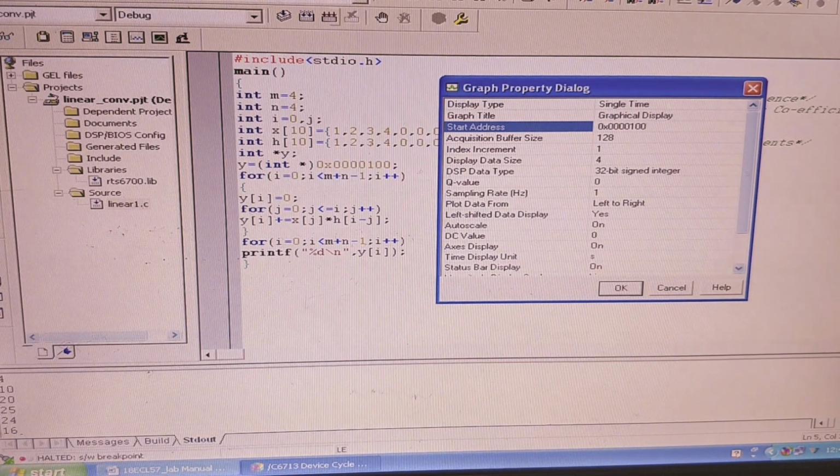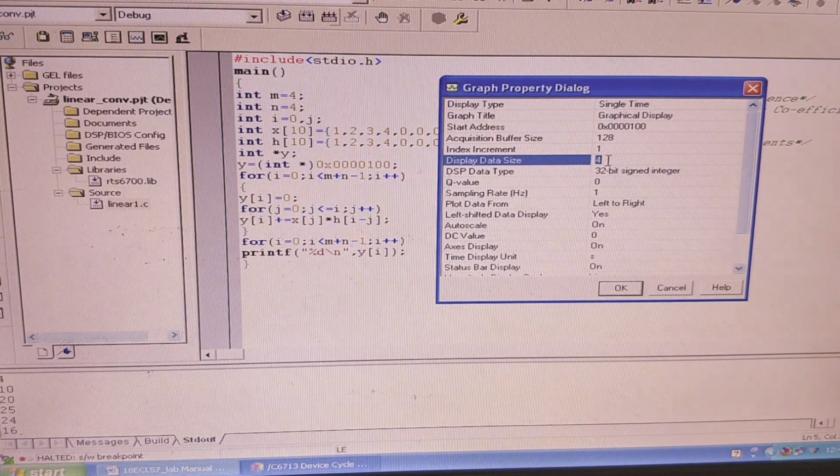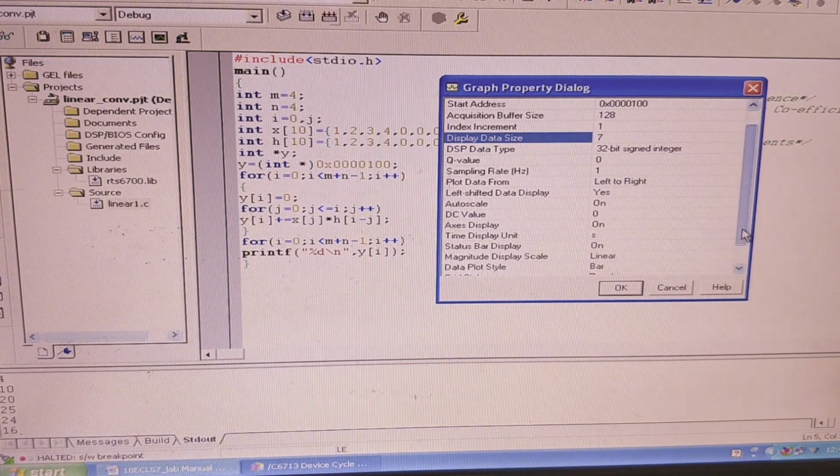This will be the starting location where the output will be found. How many elements are you displaying? For display data size, since the number of values you are displaying is 7, we enter that value. Later the data plot style should be selected as bar. Select this option, click OK.